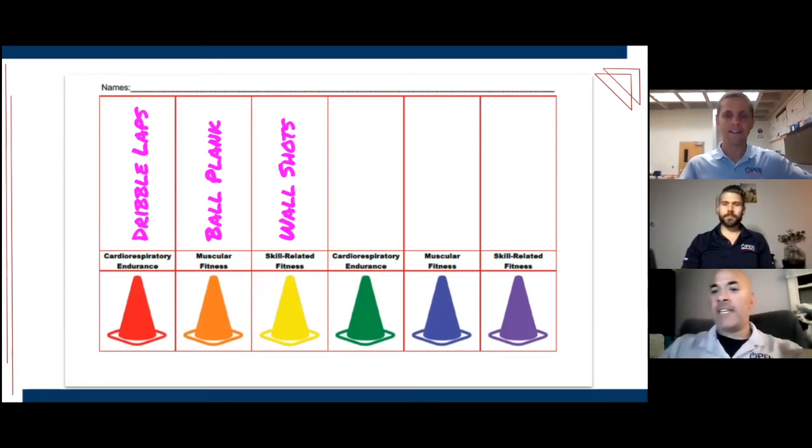But if it's run in place red, then right-handed dribble orange, then curl ups yellow, then left-handed dribble green, they know that every 20 seconds or every 30 seconds, they have a skill that they're excited to get to coming up. So you're reinforcing the skill that was taught the day before or the week before, while still getting